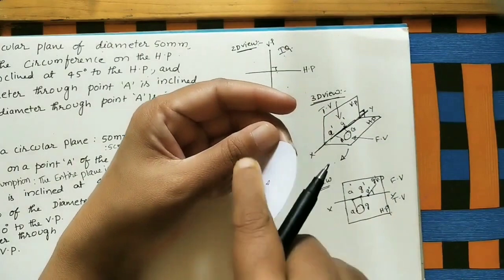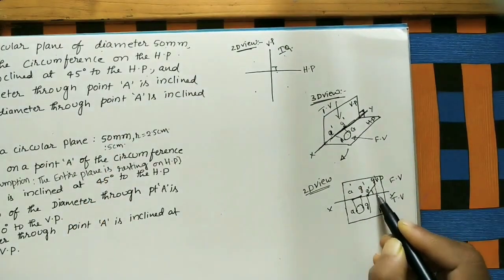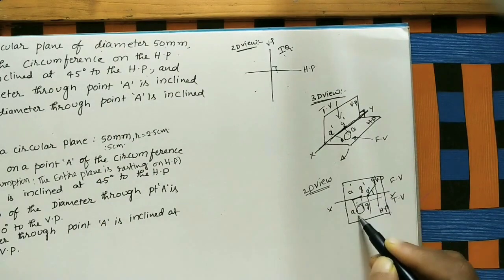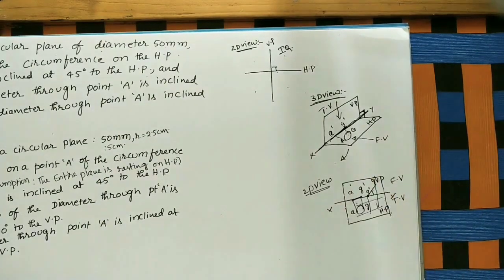So for doing the projections, we are in the top view. I have told already it is looking like an ellipse. For getting that view, we have to do the projector lines here, and we have to do the projector lines here. We have to take the intersection points. We will do these diagrams by using the instruments.